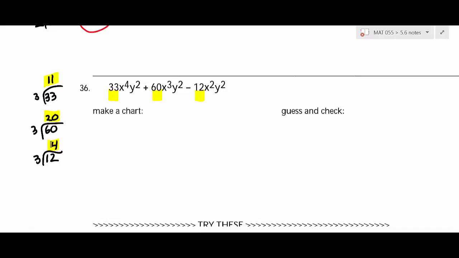3 is the biggest. Does everybody understand that? That's a really, really important thing to think about. Okay, so what we're going to do is we're going to take the 3 out and have a parenthesis. But the other